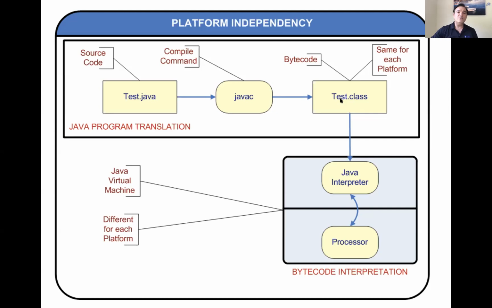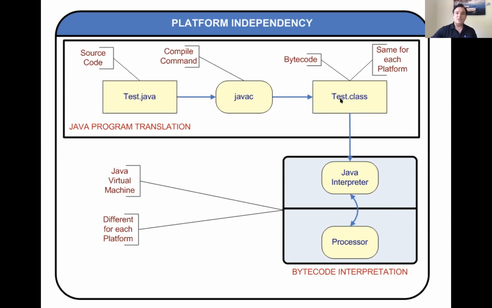For example, when you install Java on Windows operating system, you install Java virtual machine for Windows. If you do it for Mac OS, you install Java virtual machine for Mac. For Unix, Java virtual machine, in other words, JVM for Linux is installed. Similarly, for Linux, you install Java virtual machine for Linux. Java virtual machine is platform dependent, but as a programmer, you don't care about this because Java developers have already taken